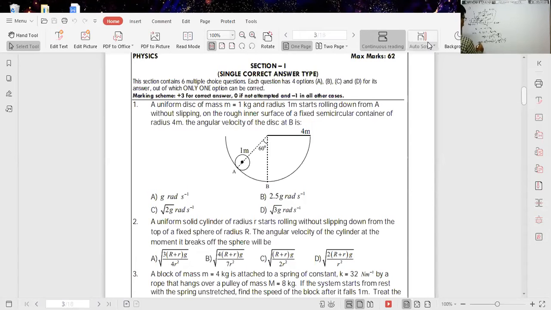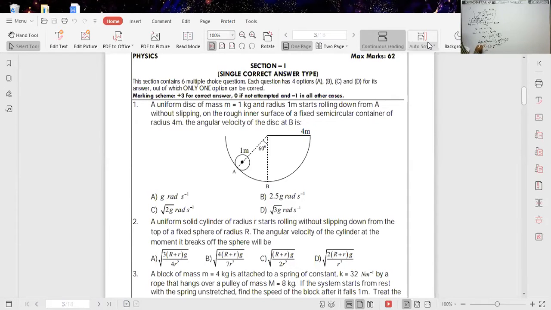Okay, now you substitute the values. So here small m cancels. Therefore capital R means 4 minus small r means 1, into 1 minus cos 60, 1 by 2, is equal to 1 by 4 into, here small r is 1 square, into omega square. It is half I omega square. So here 1 by 4 into 1 square into 3 into omega square. So from this, if you find the omega value, what is the value you will get? Here 4 minus 1 is 3, here 3 cancels. This is equal to 1 by 2. So 4 by 2 means 2. Omega square is equal to 2.